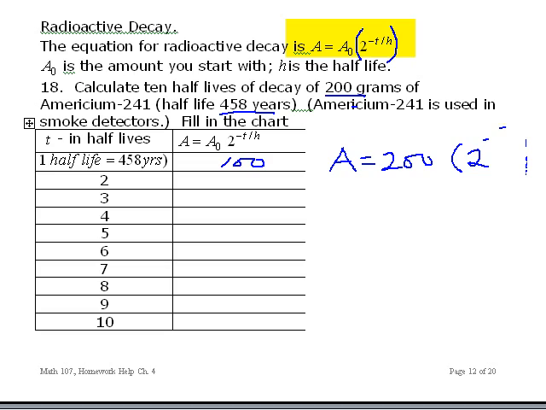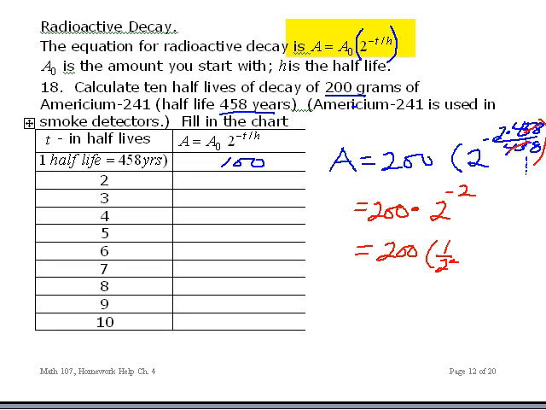Two half-lives later would be 2 times 458. Those cancel, and I get 200 times 2 to the minus 2. Okay, 2 to the minus 2 means 1 over 2 squared, which is 4. So 400 divided by 4